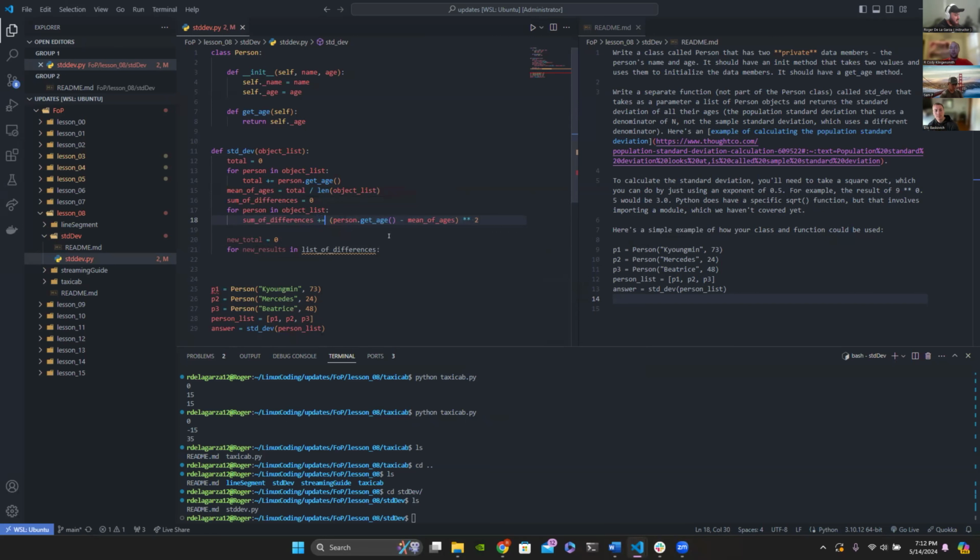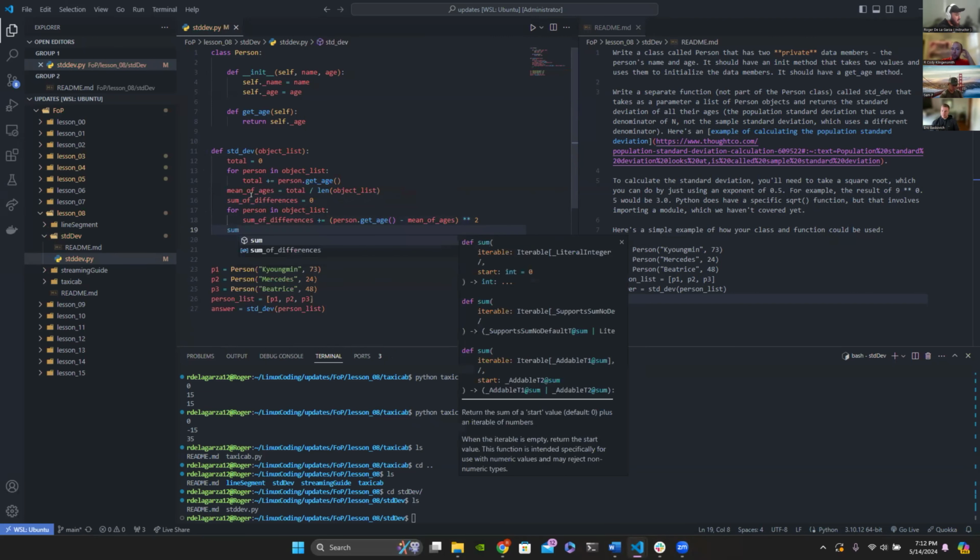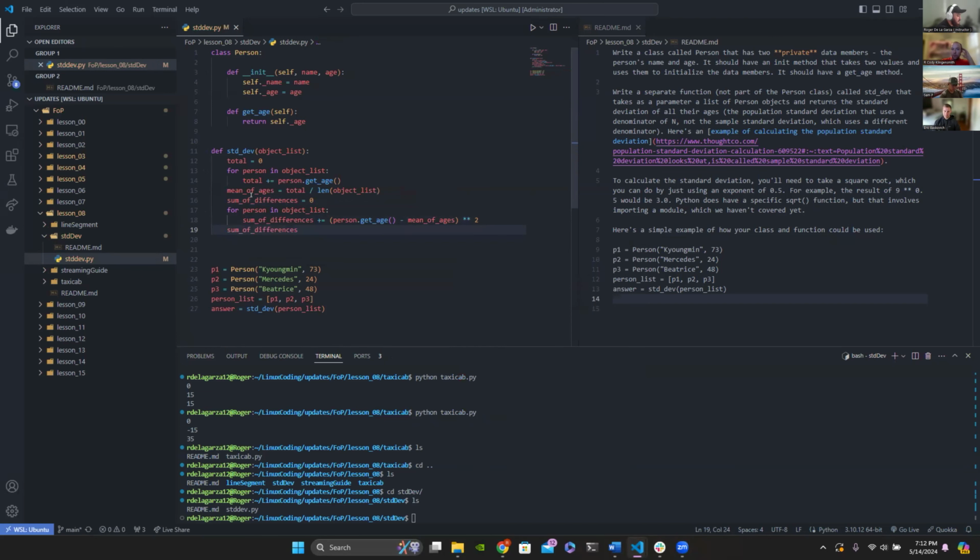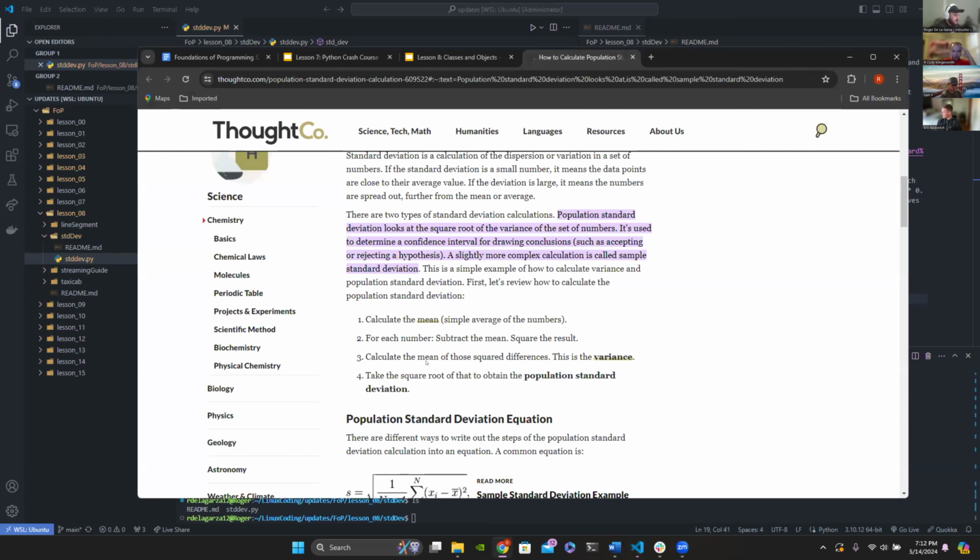So essentially this will be sum of differences, and then we can do sum of differences divided by the length of object list. So that's the variance, the mean of those squared differences. And then take the square root of that to obtain